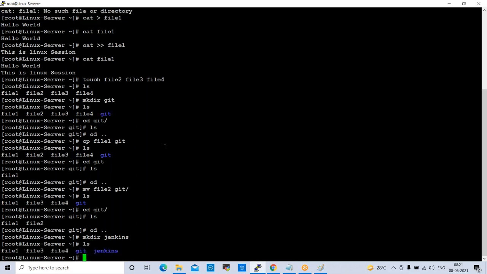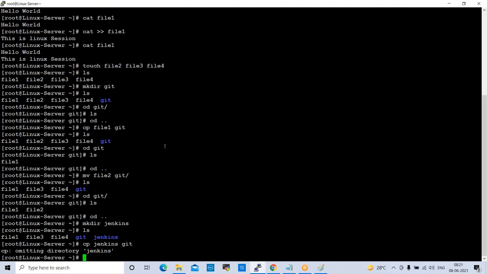So now if you check ls, okay, these are the files and directories. Now I want to move Jenkins directory to git directory. So move, copy, both we can use here. Okay, first we copy this, cp Jenkins directory to git directory.